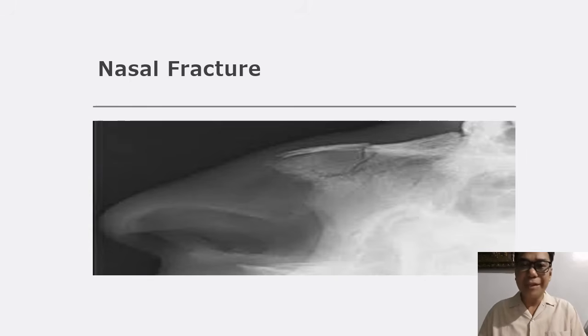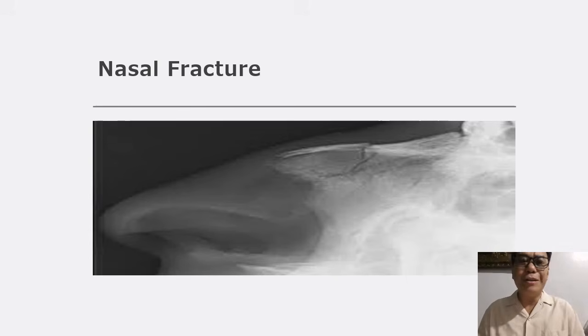Okay. Next, there will be edema. Okay, and lastly, it could also produce some ecchymosis, especially on the eye area. Okay, so sometimes the ecchymosis also happens at the eye area. That's why sometimes people with nasal fracture and even zygomatic bone fracture are said to have raccoon's eyes. Okay.